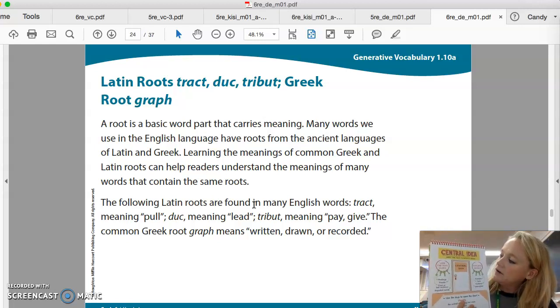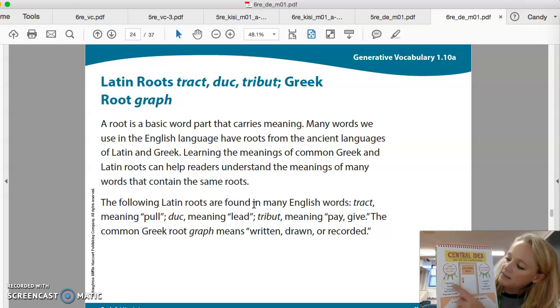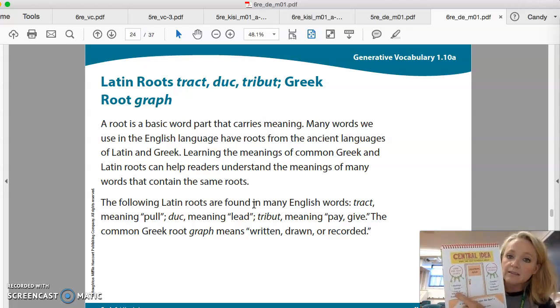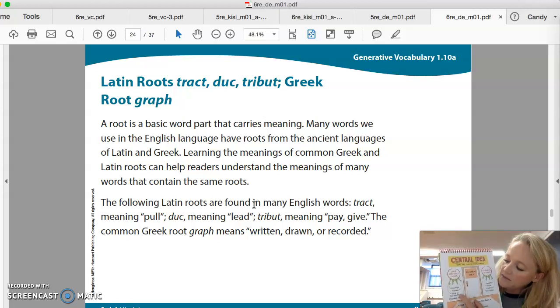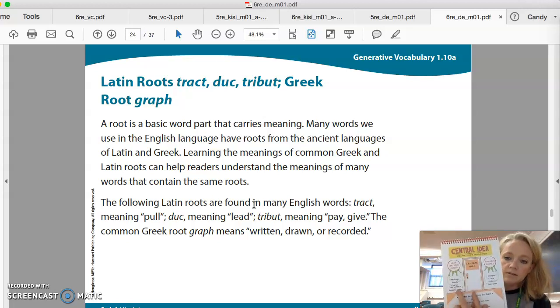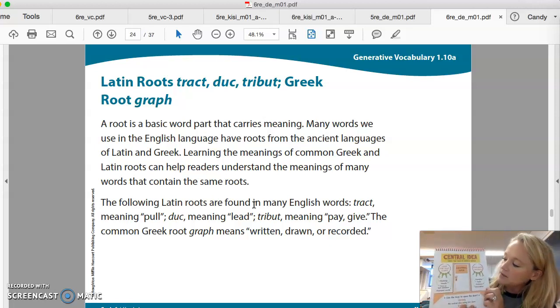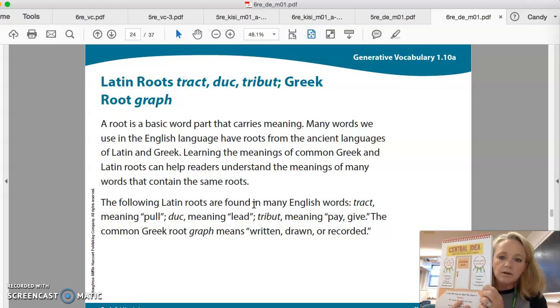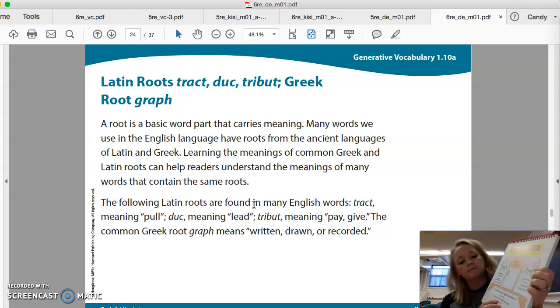And when you are looking for central idea, the things that help you figure it out are the headings, visuals. First and last sentence sometimes tell you the main idea of the paragraph or the piece, and repeated words. If you notice a word is repeated over and over, then that means it's really important, and that's mostly what the text is about. And then examples, facts, evidence, and descriptions help to support the main idea.